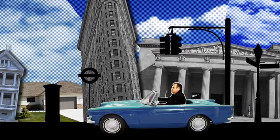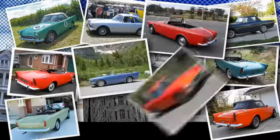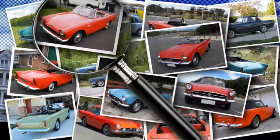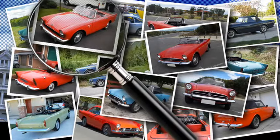The body shape didn't differ much between models, only performance. We've been looking around, and as far as classic cars go, the Alpine could be considered an entry-level classic. Of course, the prices vary, but generally at any one time there are a few on the market to choose from. This 1963 restored Series 2 unit in the UK was on the market for the princely sum of